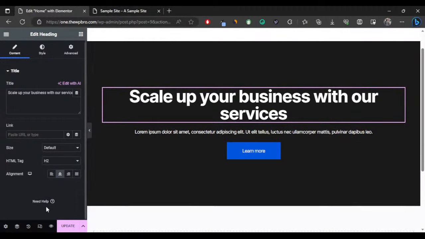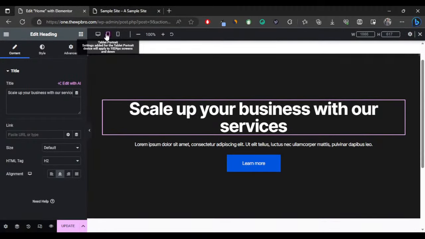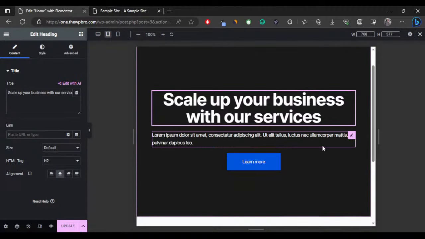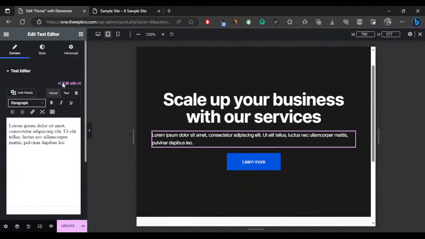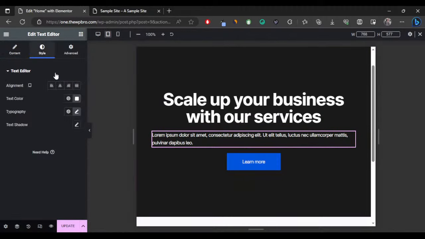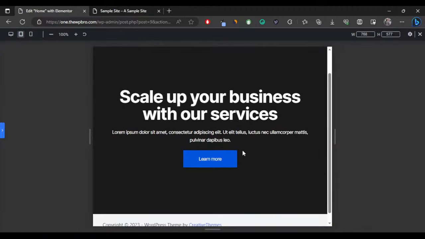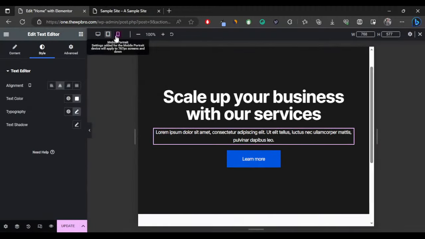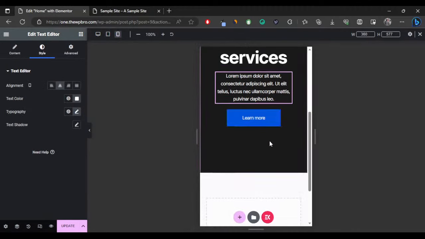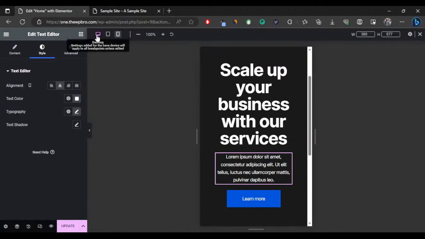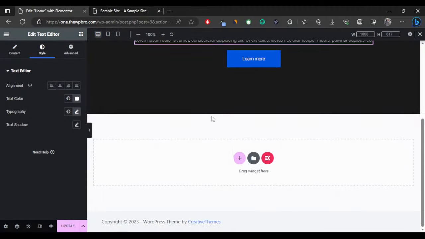Okay, before we move on, let's just see. I don't think it's supposed to have so much responsiveness issue. Okay, let's move this one and also make it centered. Let's come to style and also center this, and I think it looks good for tablet too. And for the mobile version, all right, this is perfect. So let's move on to the next section, and this next section is going to be something